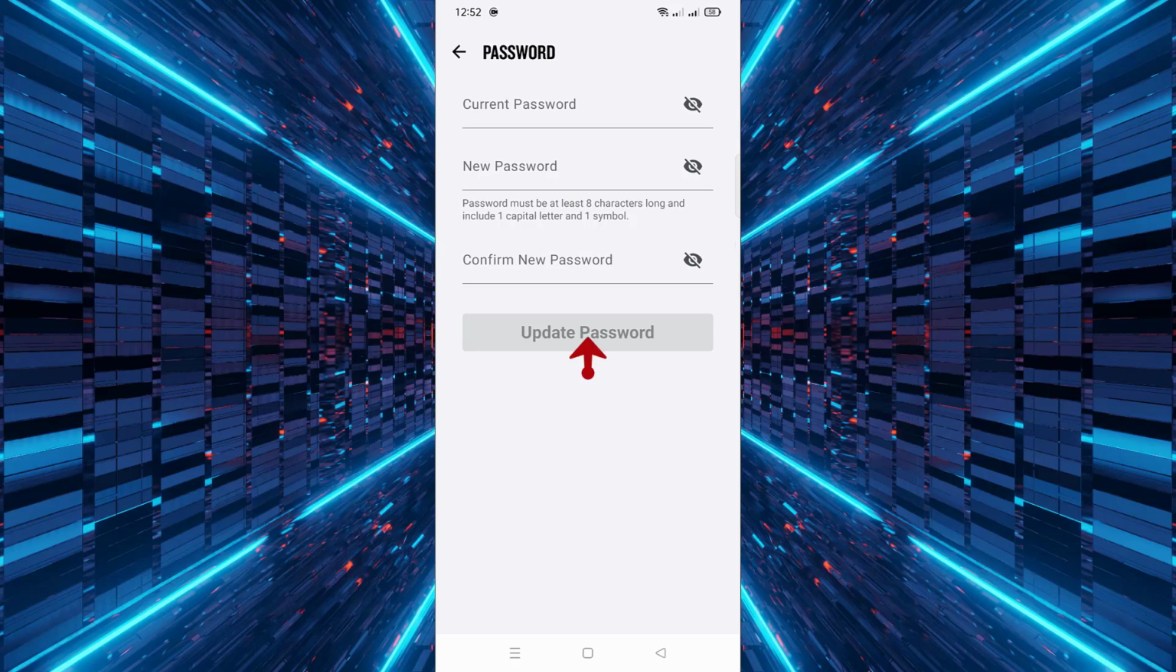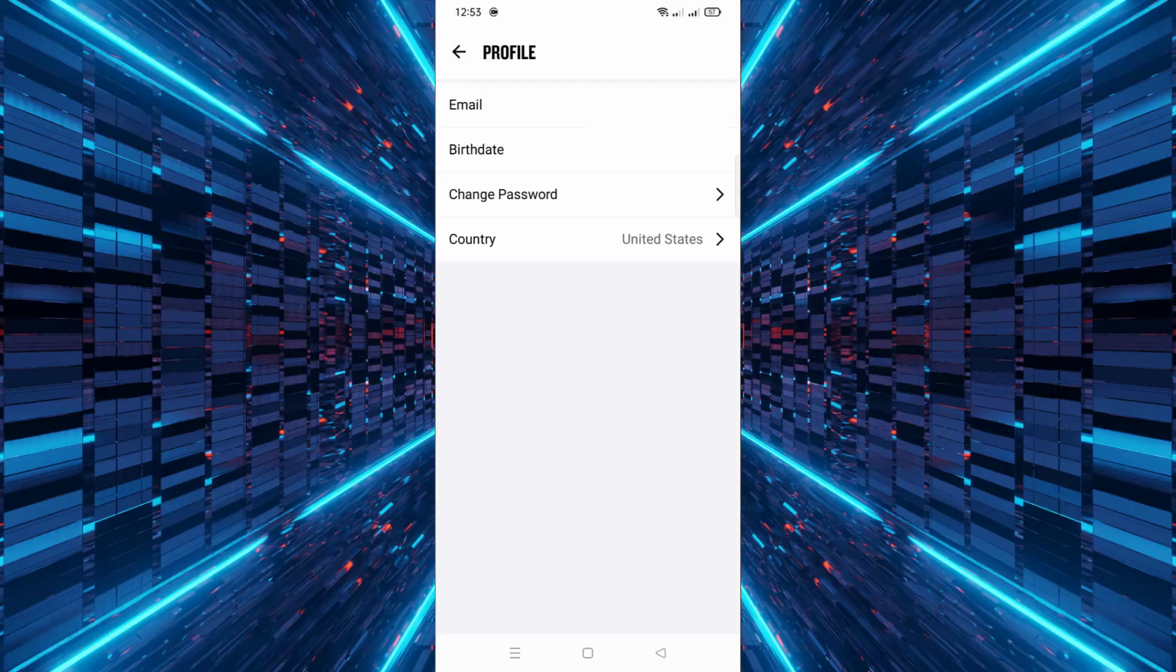Finally, click on the Update Password button to save your changes. That's it, your password has been updated